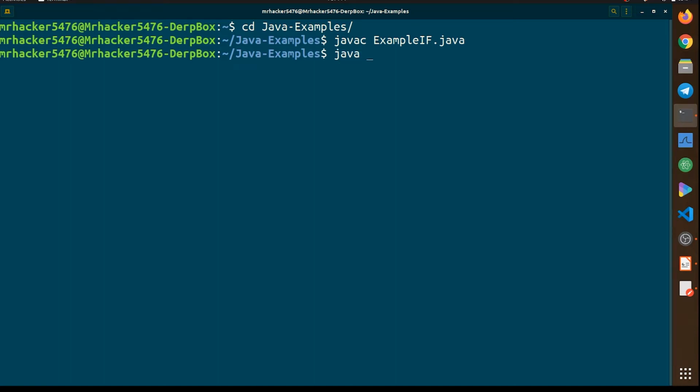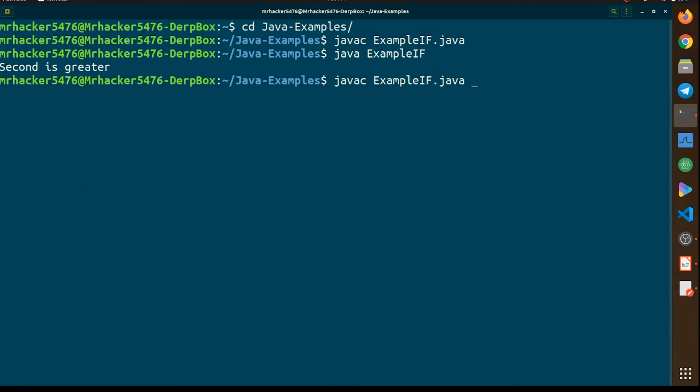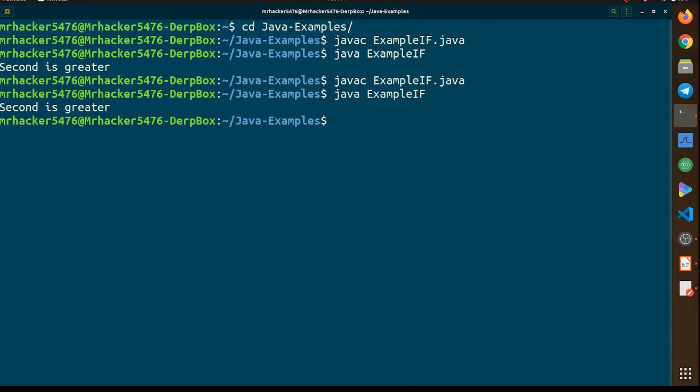So java ExampleIf, and it will say second is greater, because second has a value 20 in it. So let's give first the value 20. Okay, again compile our code, and it will say second is greater again.